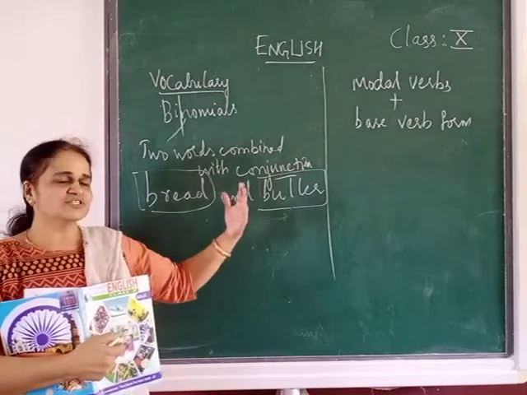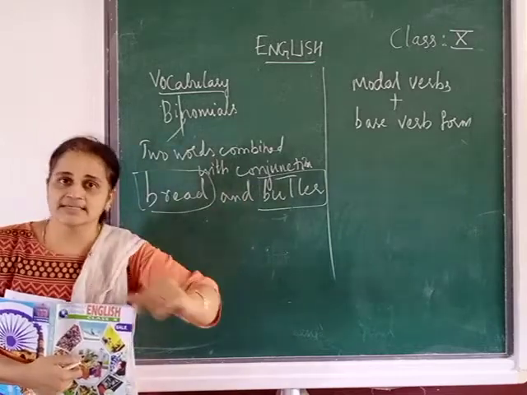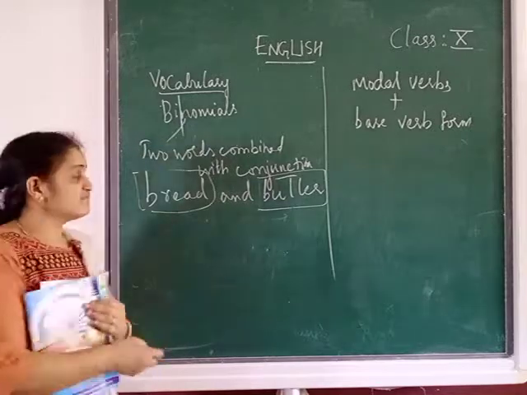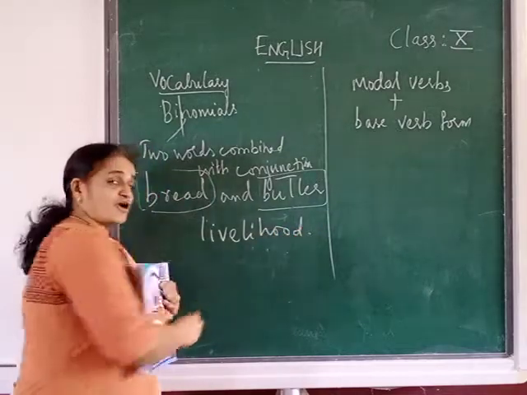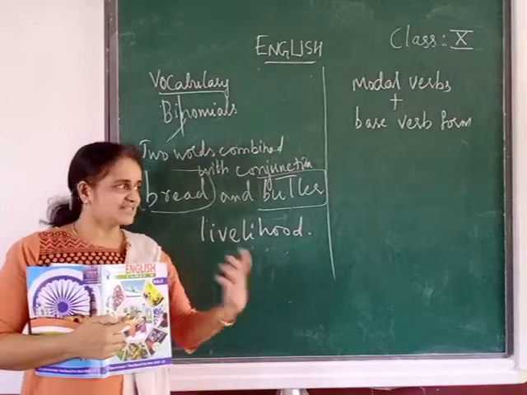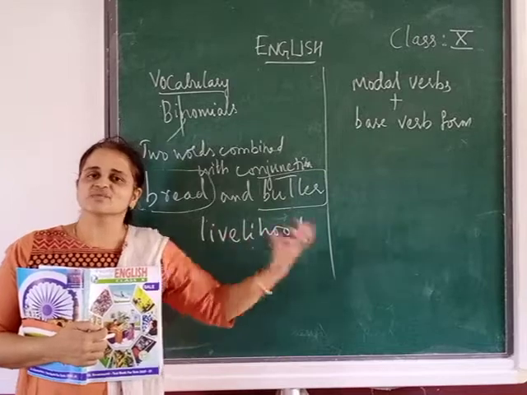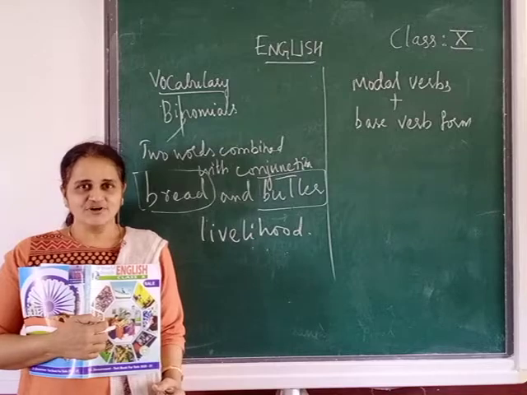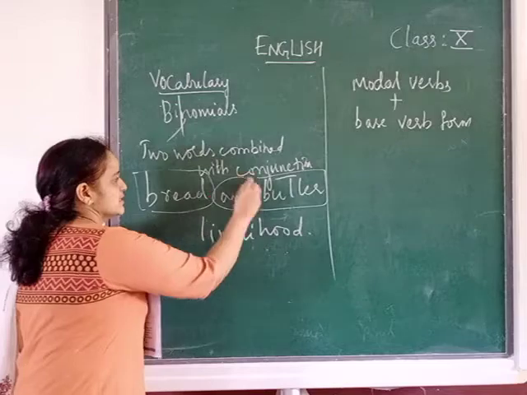So, he has gone to Hyderabad to earn his bread and butter. To earn his bread and butter, what does that mean? To earn his livelihood. So understood? He has gone to Hyderabad for his livelihood. It's a very simple sentence. But if I say he has gone to Hyderabad for his bread and butter, or singing is his bread and butter, music is his bread and butter. Followed?